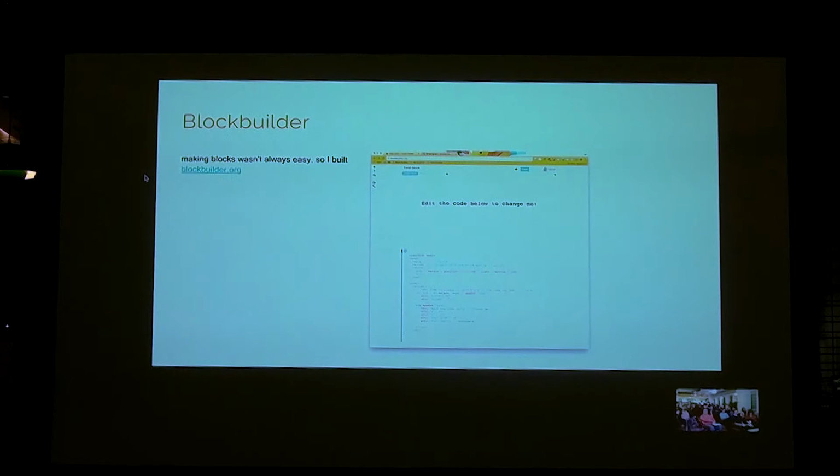So I made this tool called Block Builder as a Kickstarter project. Actually, it's open source, and it's sort of an interface for editing blocks. And you can check it out later, but basically, again, you get sort of the place to view your visualization, as well as a place to edit the code. So once we had that, we had a lot of people making new blocks and editing other people's, like forking and sharing.